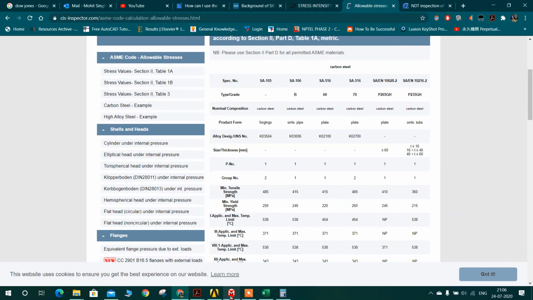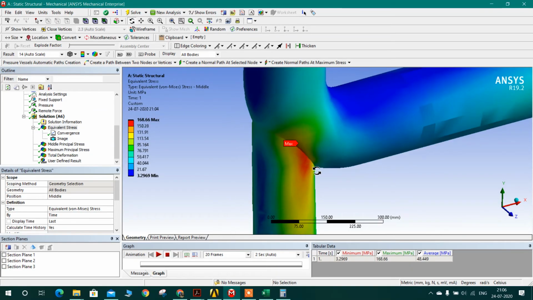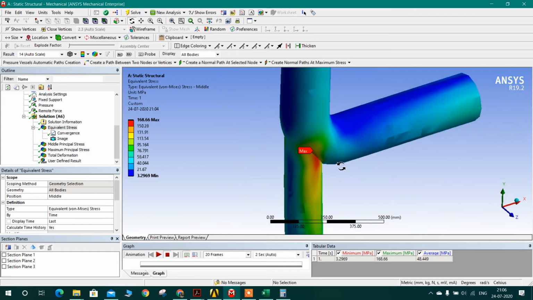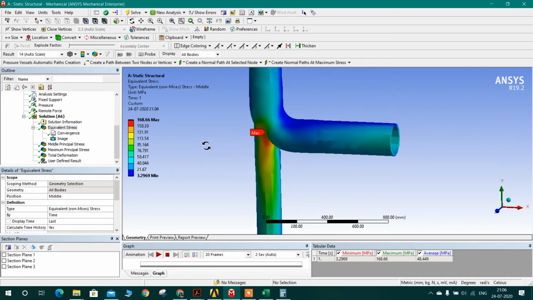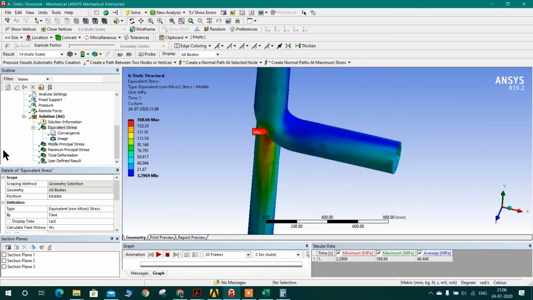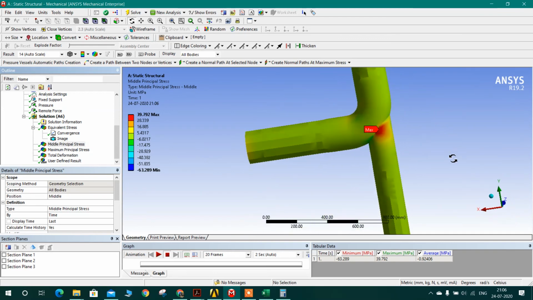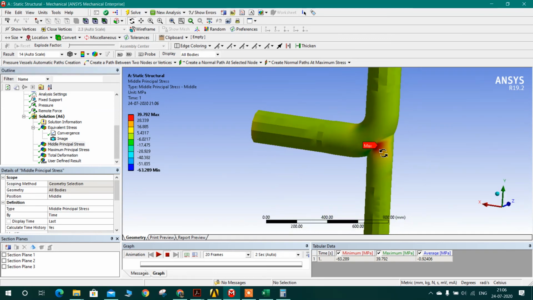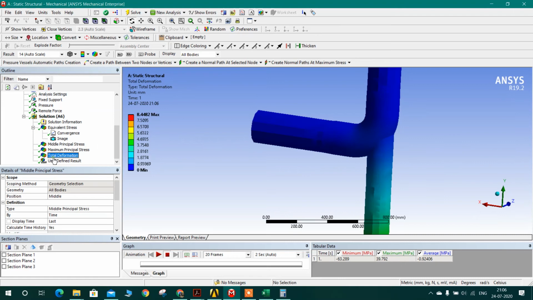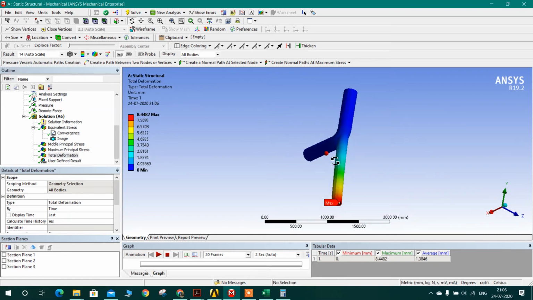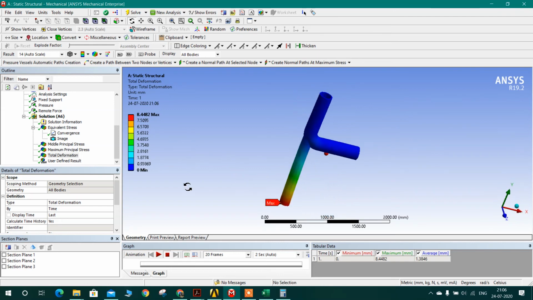So I can say that my model is passing in the discontinuity region. And obviously it is the maximum stress, so I don't need to focus on the other areas. If I go to the principal stresses, I can see that the maximum stress at the middle membrane is roughly 40 megapascals, so it is also very negligible. My deformations don't matter in our problem.